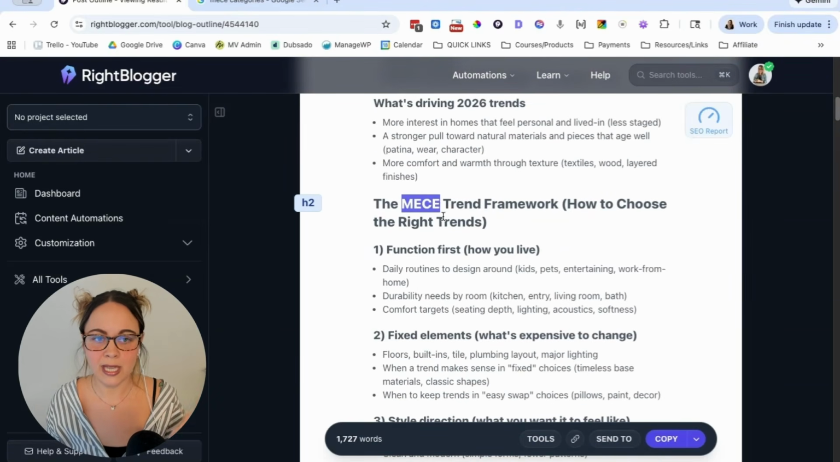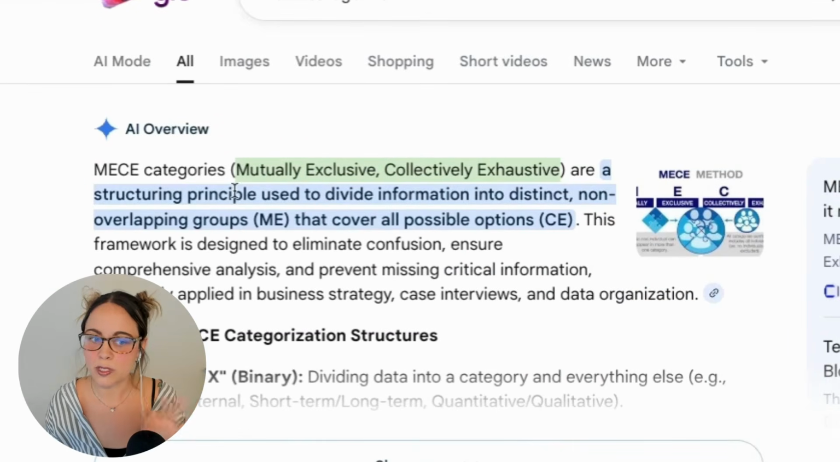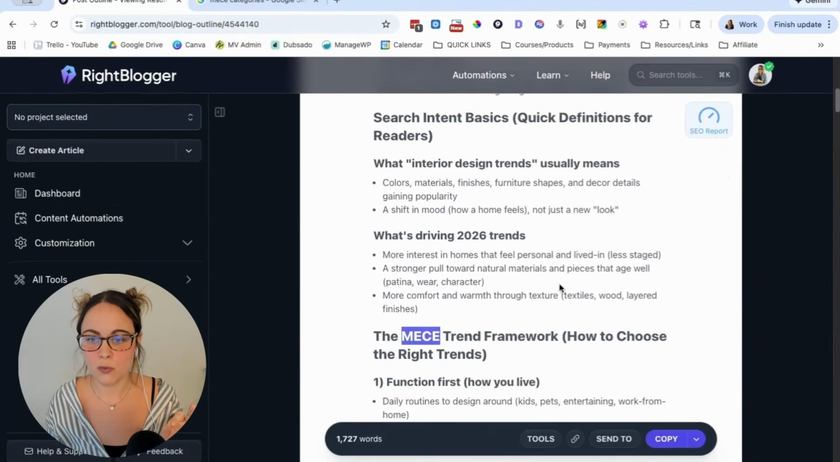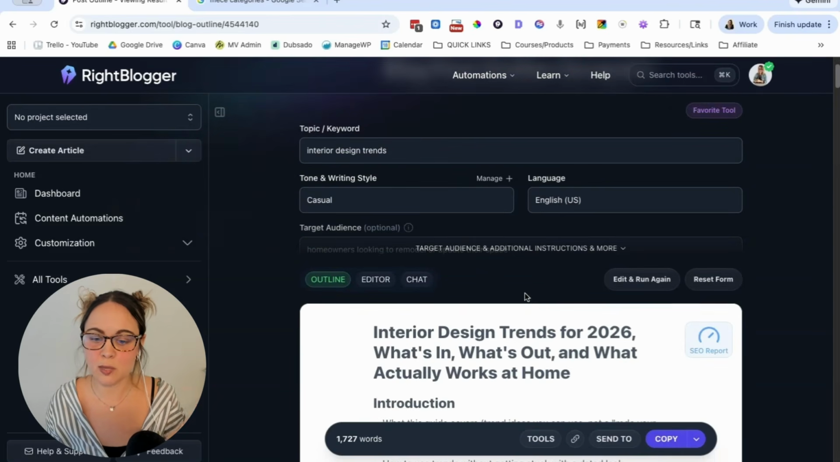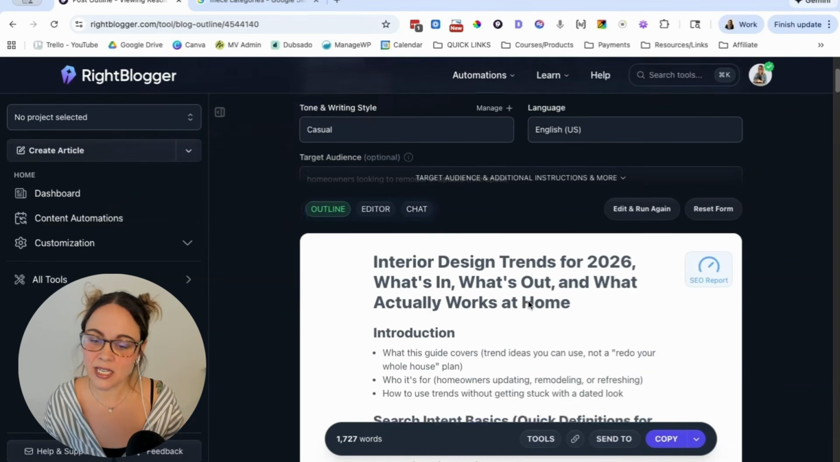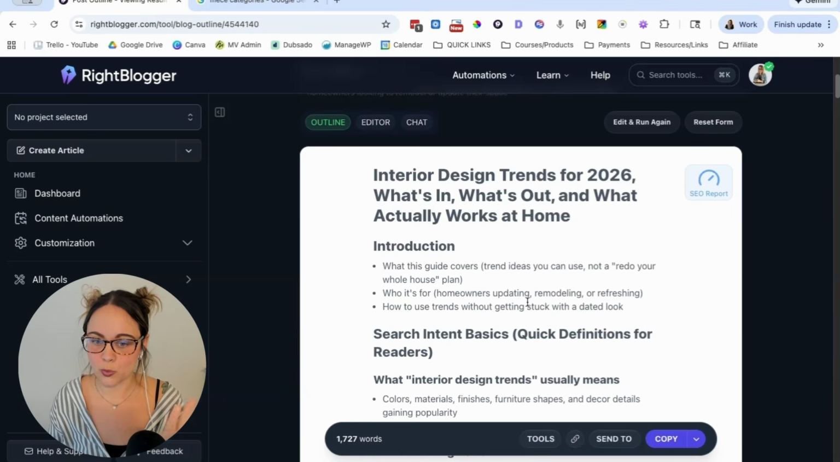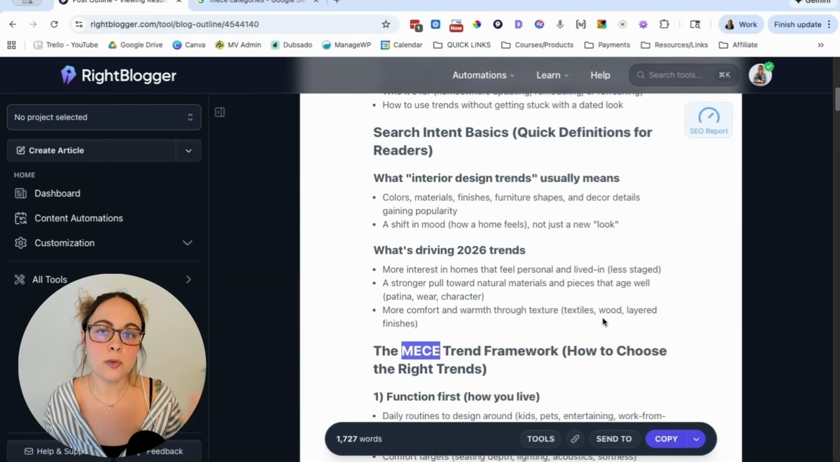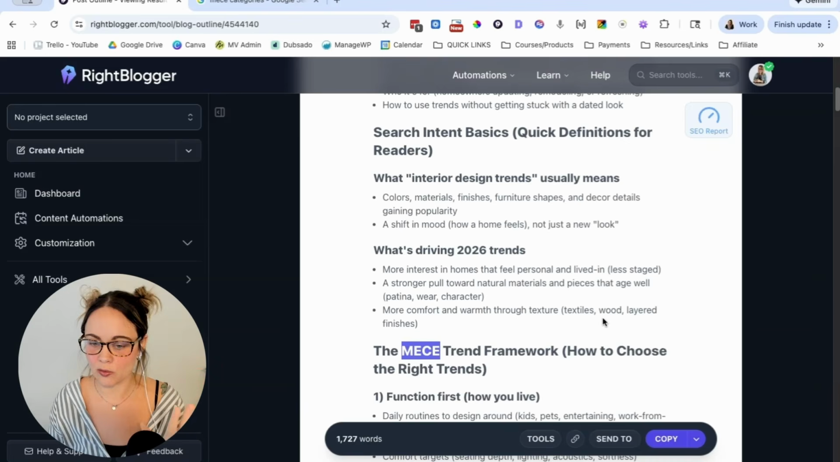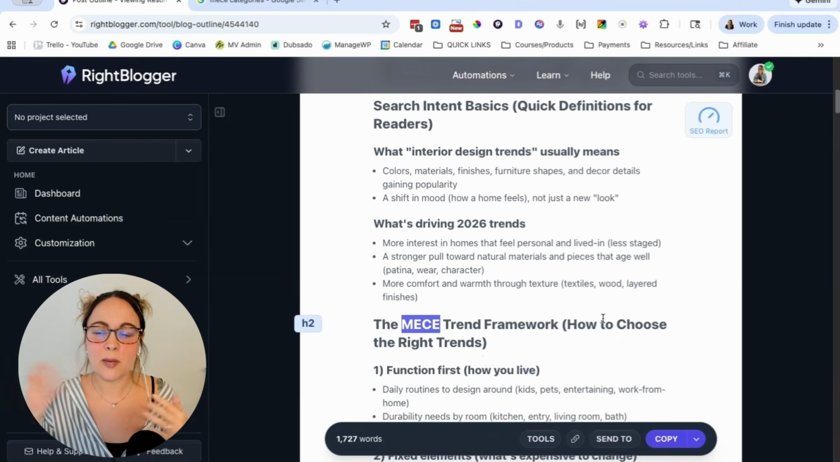MECE, it's using that kind of framework, and what that stands for is mutually exclusive and collectively exhaustive. So it's like, for this keyword or for this topic, this blog post outline is like anything that you could have added to this. And so I usually like to run this, and then I will remove sections based on what kind of problem this specific blog post is solving for people, and depending on my business and like who